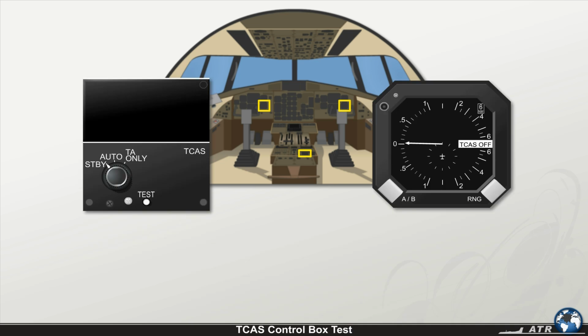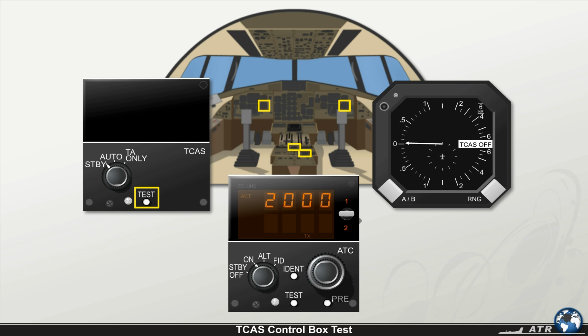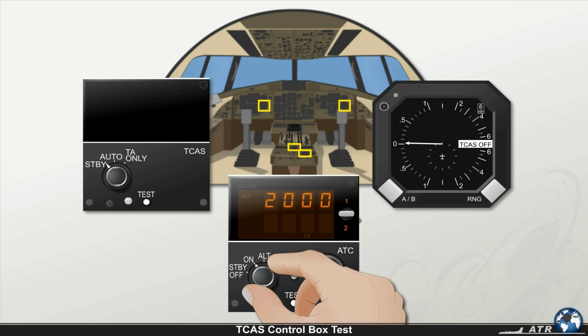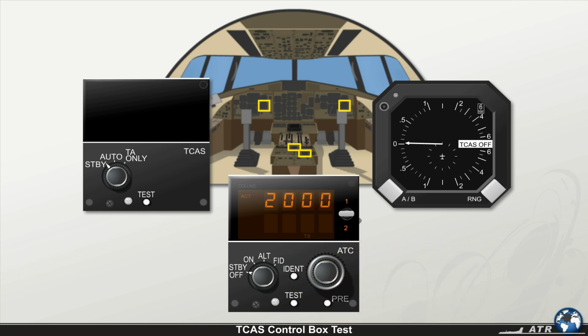The TCAS control box is also fitted with a self-test button. The TCAS test shall be performed during cockpit preparation. First, turn the rotary selector of the ATC control box to position standby. Then turn the rotary selector of the TCAS control box to position standby. Now press the test button on the TCAS control box and check if the TCAS vertical speed indicator can display